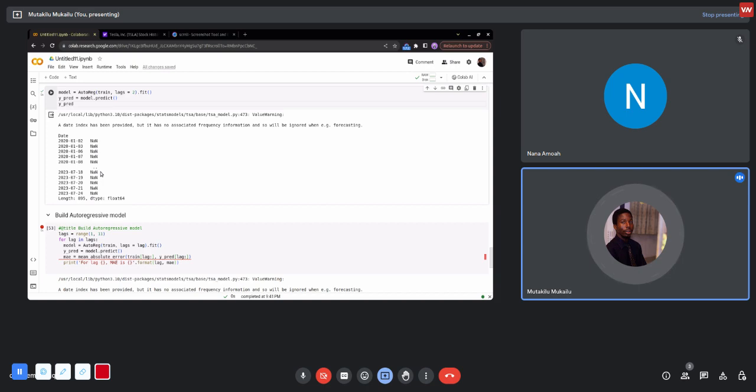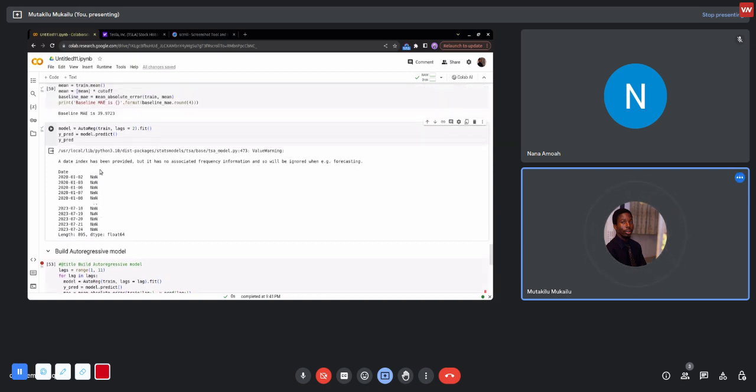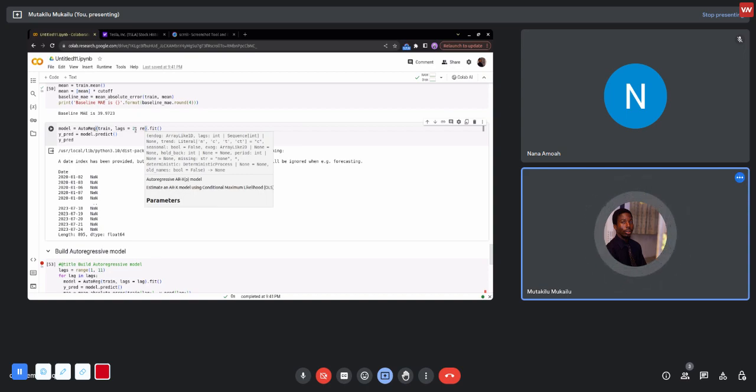Now we can see that it's saying a date index has been provided, but it has no associated frequency information, so we would ignore it when forecasting. Okay, so to solve that, we have to provide a frequency to say, is it daily, or is it